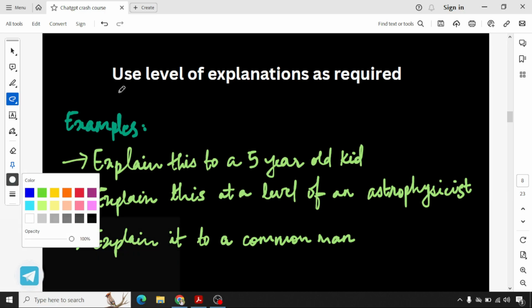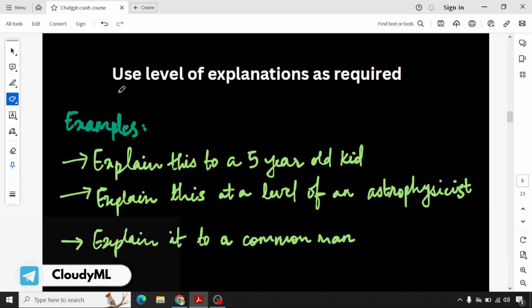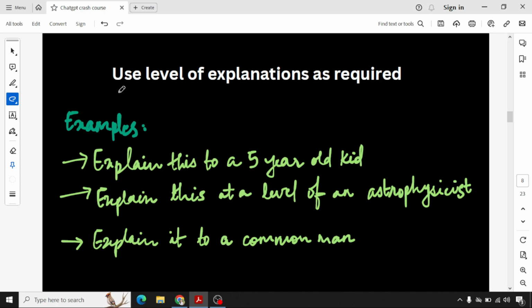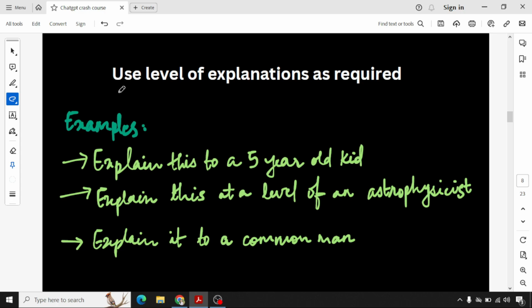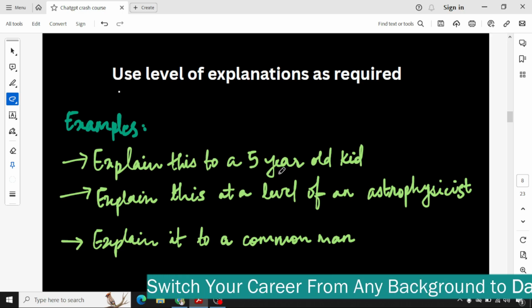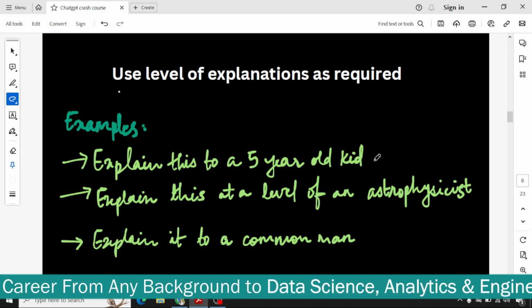So what does level of explanation mean? It means what level you expect ChatGPT to explain it to you. If I'm a small child, I won't understand the level of explanation of a 10th standard grade kid. Whatever is taught to a 10th standard kid will not be understood by a 4th standard kid. That is the difference between levels of explanation. These are some of the examples. Explain this to a 5-year-old kid, so that ChatGPT will understand